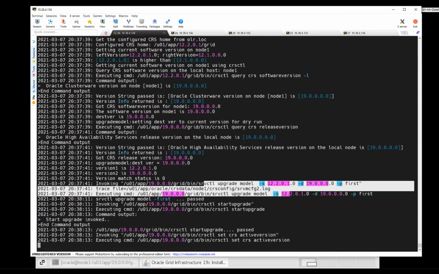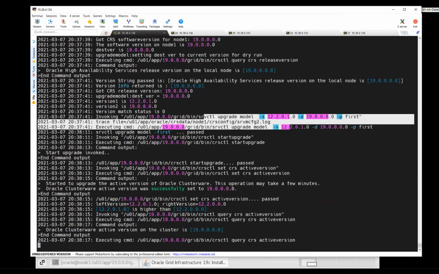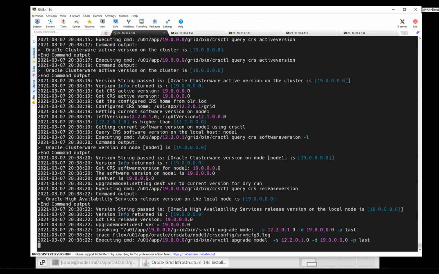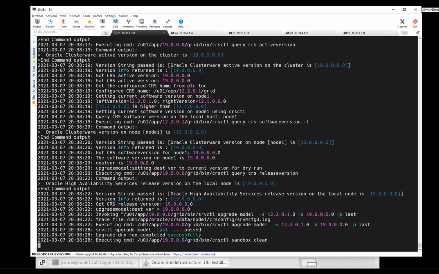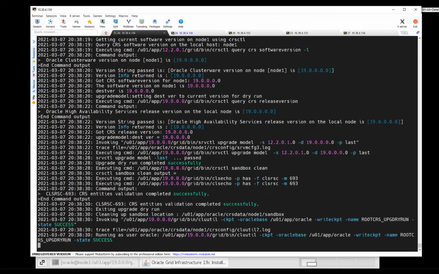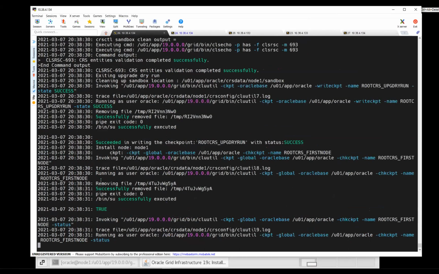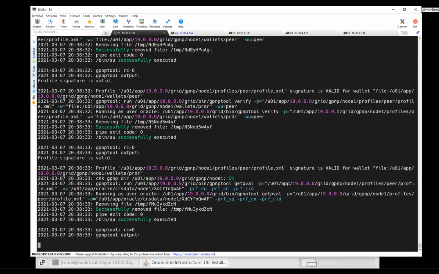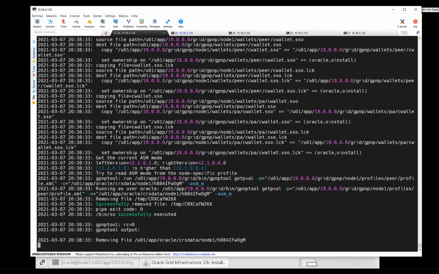So only during that period of time, I can say 10 seconds or 15 seconds or max 1 minute, that is the downtime for the customer, and that too only on node 1. The other nodes, the other instances, will be up and running. Your application, everything will be able to connect to the other nodes, and everything is going to be running fine. Your grid upgrade is always an online activity. There is no offline or downtime activity in the grid.